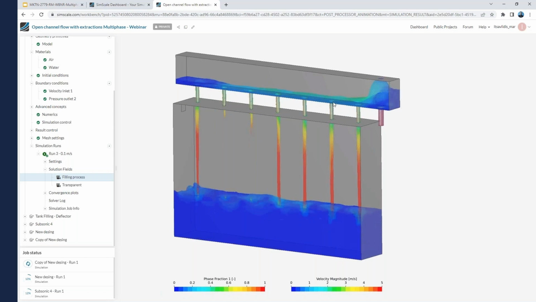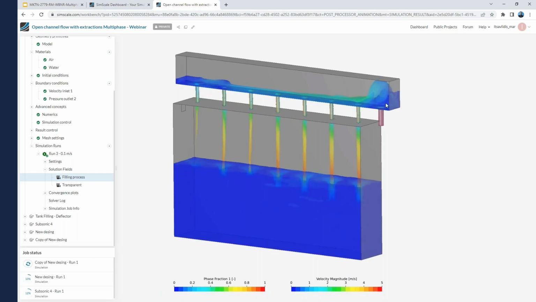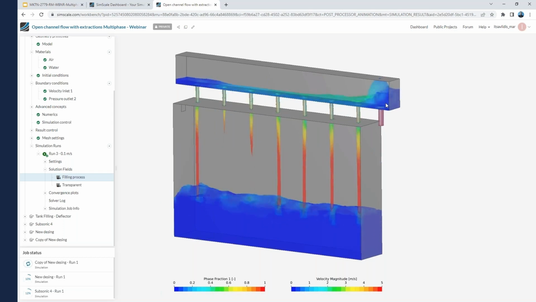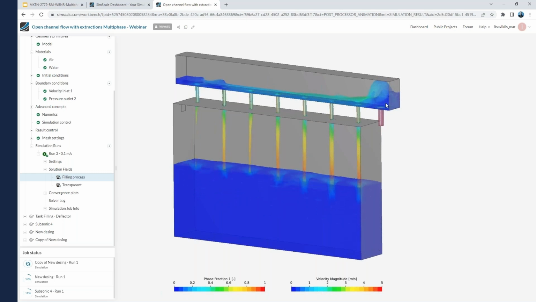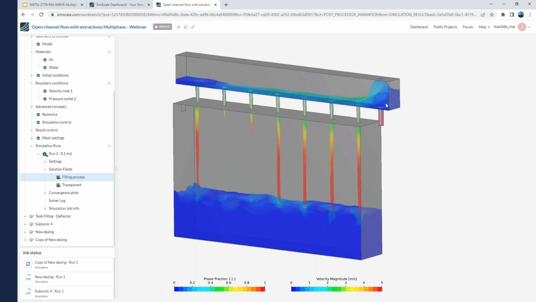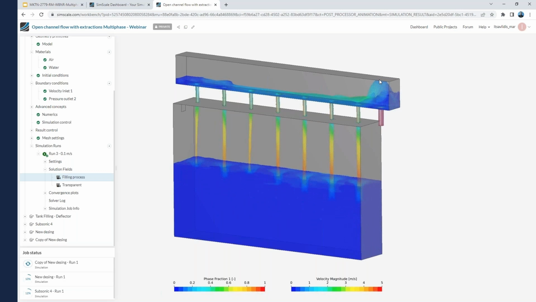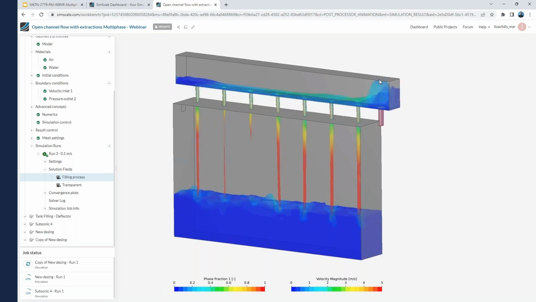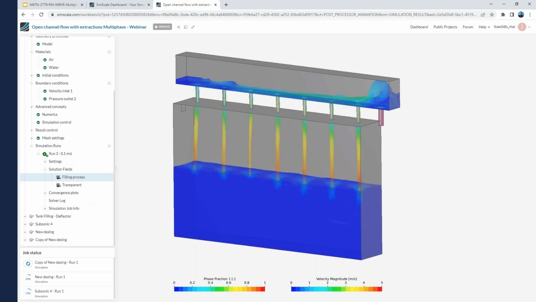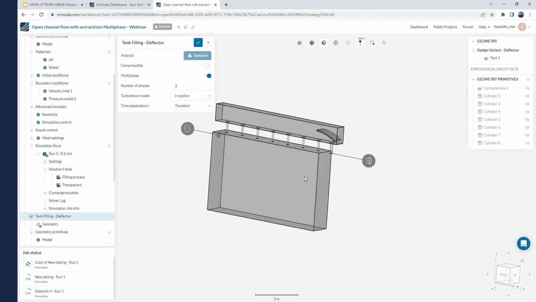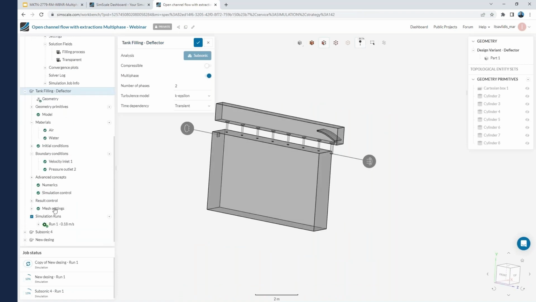And then the next step, I think, is that I have to increase the flow rate. I have to bring more water inside the feeding channel to let all the nozzles perform as expected, right? But then if I do it, I'll notice here that I get a lot of water spilled out of the domain, right? That's why I created the new design with a deflector. And this time, if I check the results,